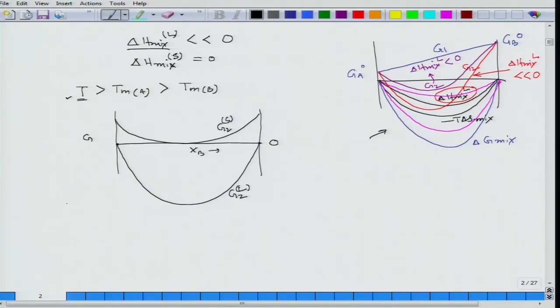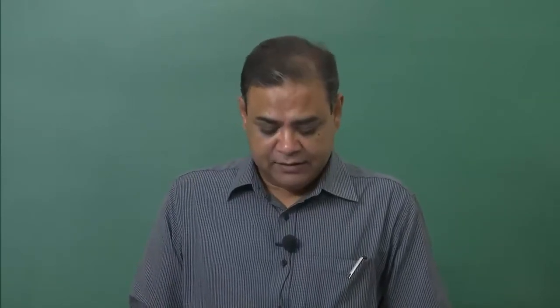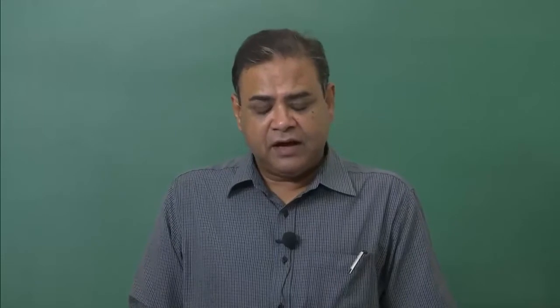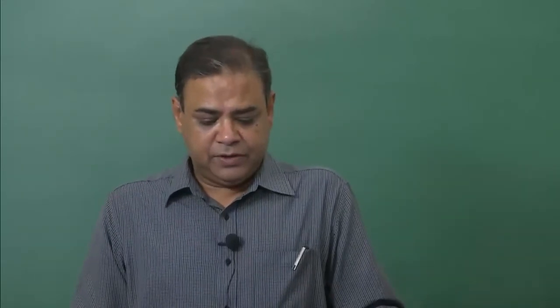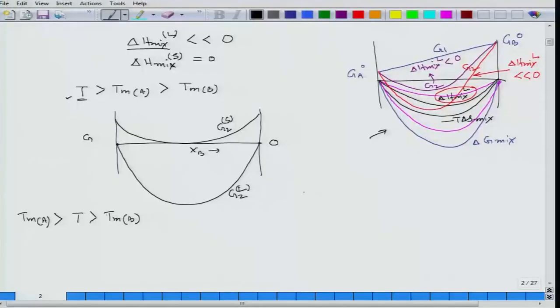So, now second situation, T is between Tm A and Tm B, then the temperature is such that on the pure A side I would always get A phase, pure A solid, and on the B side I must get pure B in the form of liquid. So, if I try to draw